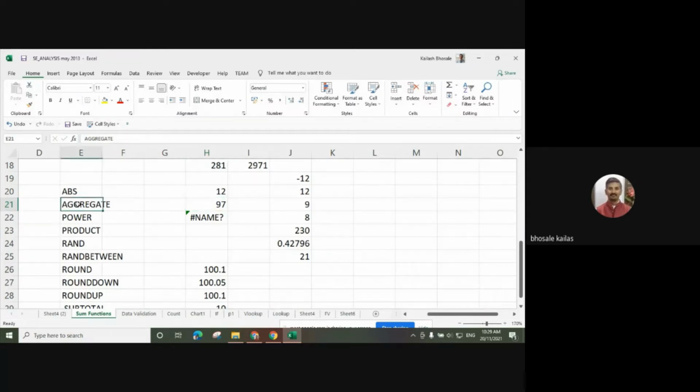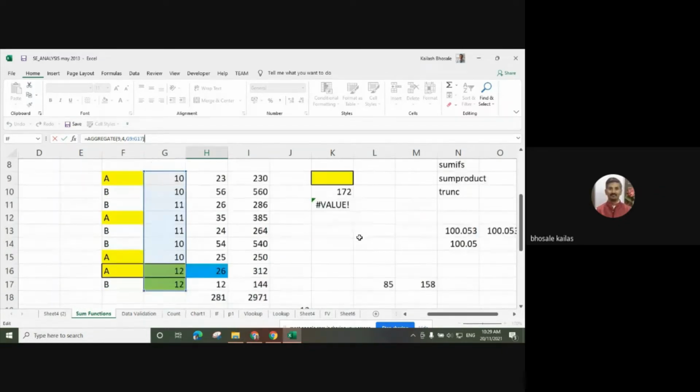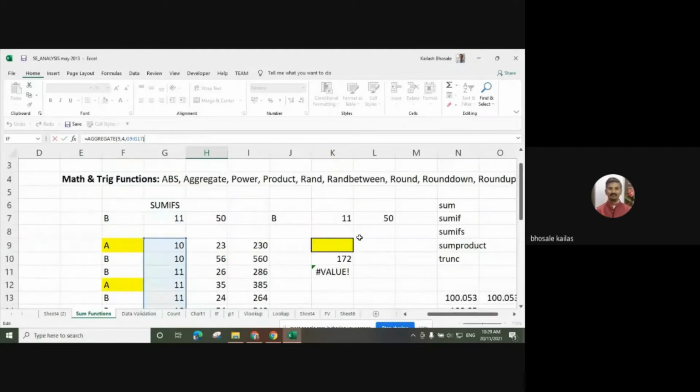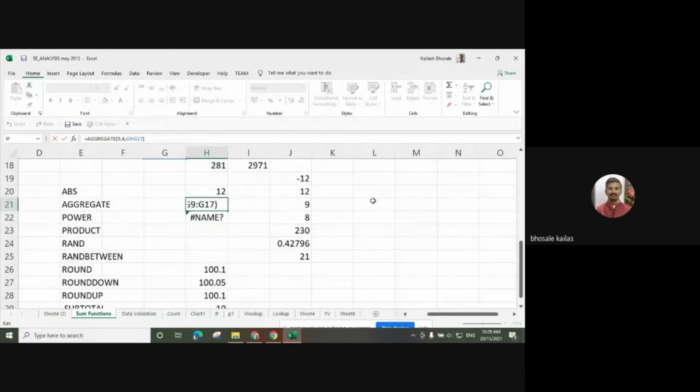Similarly, we can use this aggregate function. What is the use of this aggregate function? It returns the aggregate in a list or database. So we can find out the aggregate value.